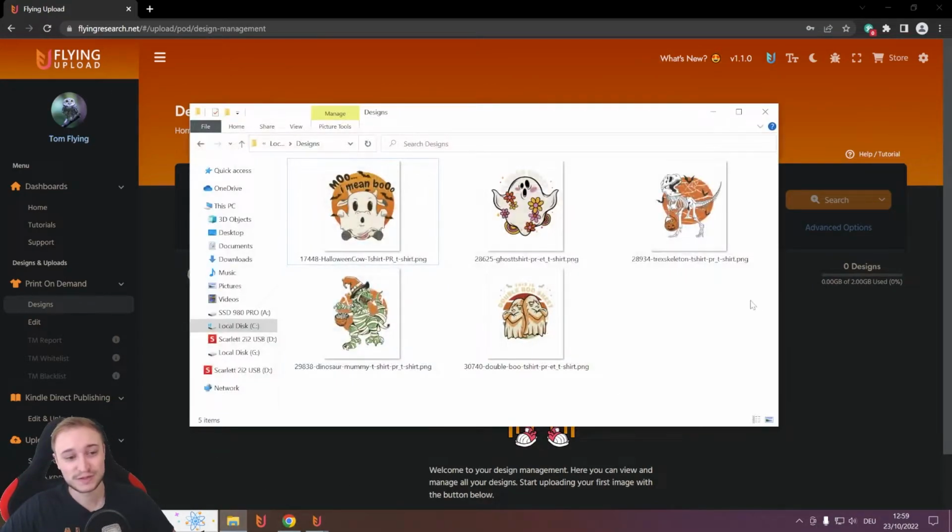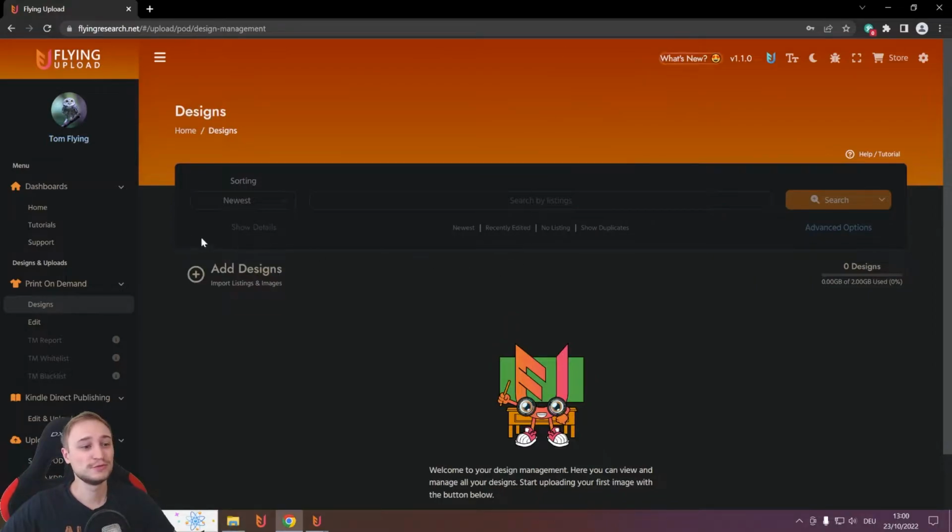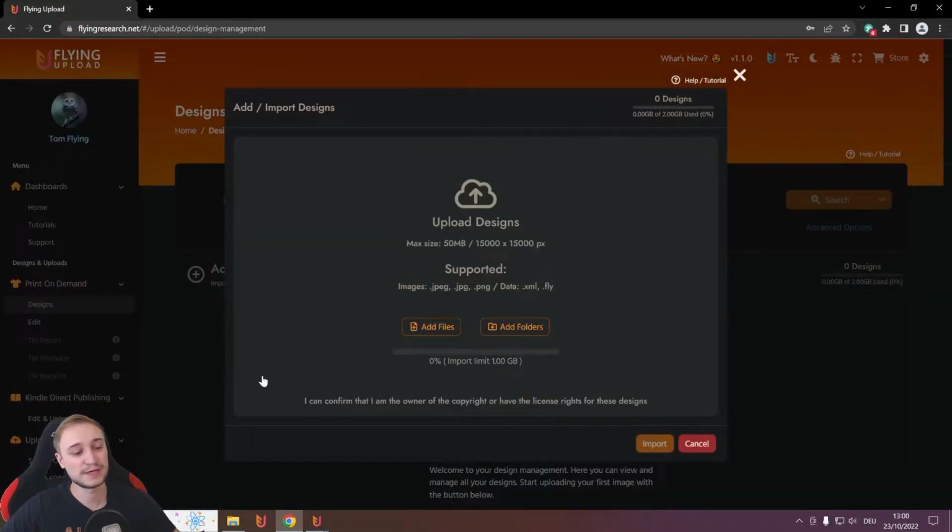You can store it locally in your folder structure and work with there and load it into Flying Upload. How the data is saved I show you in a second, or you work with the online version with the design management. Transfer is as easy as possible. You can import here your images, your listings if you have created local listings, and of course also import an Excel sheet. To the Excel import we probably come a little bit later because we want to now concentrate on